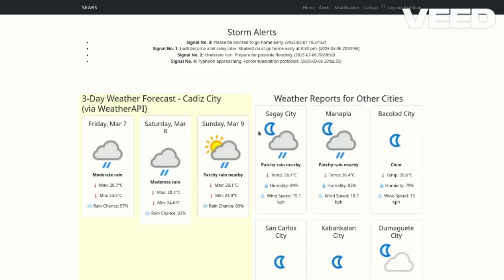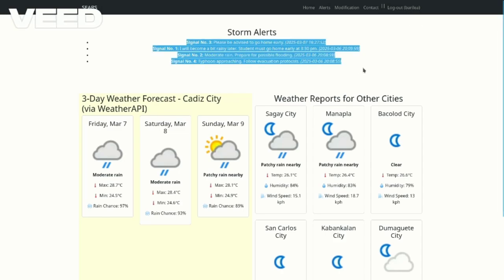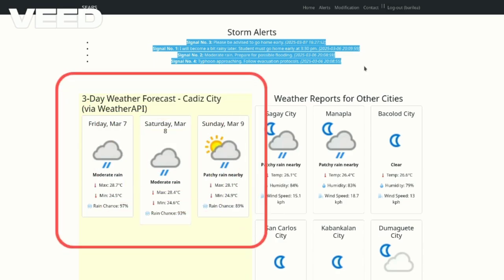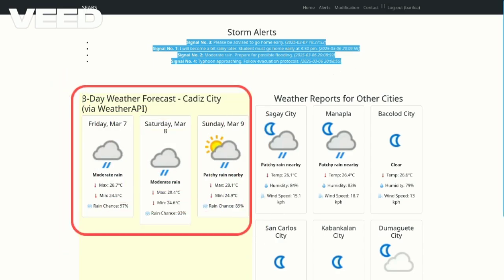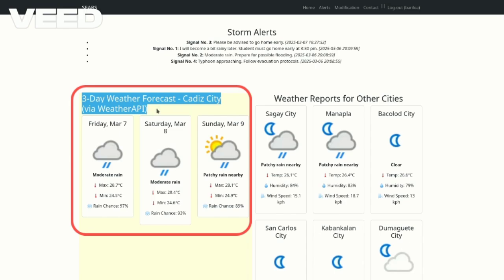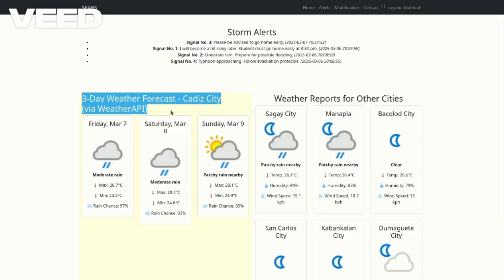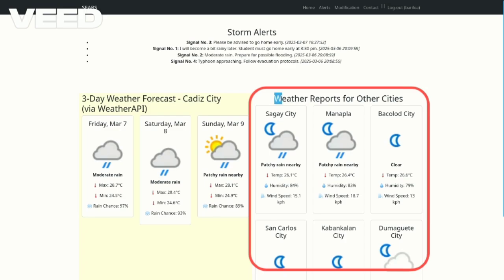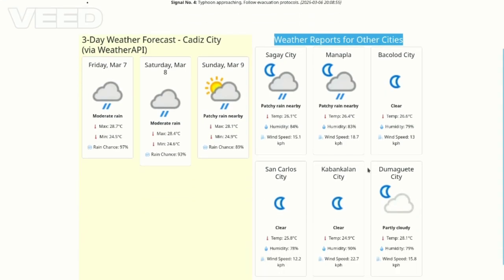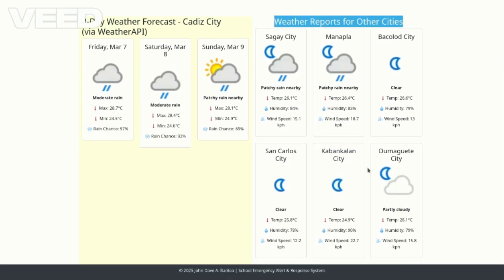Here, we can see all of the details with respect to the storm alerts. Of course, once again, on the upper corner, we have the latest messages that we have displayed on our main screen. Additionally, we have the 3-day weather forecast as predicted by the Weather API, which is configured on the exact location where the user is right now. At the same time, on the lower right corner, we have weather reports on other locations as well. This will also display various weather reports which are being